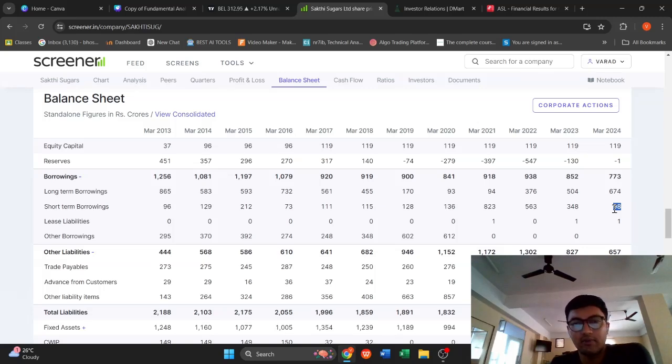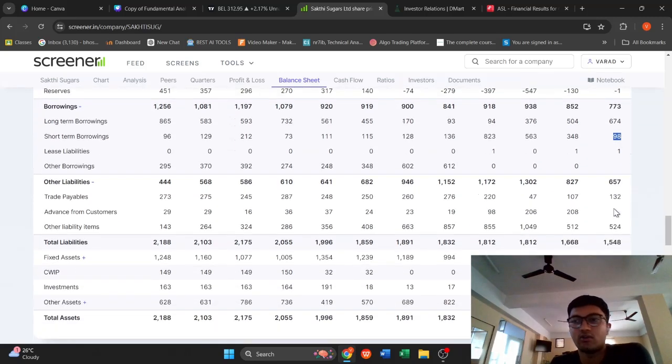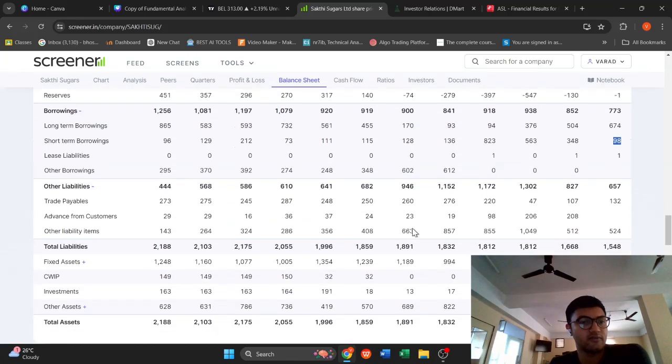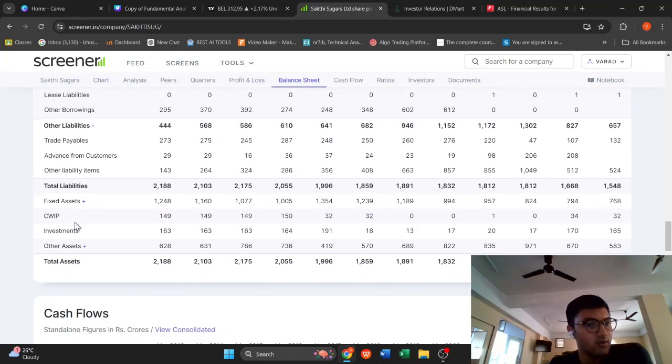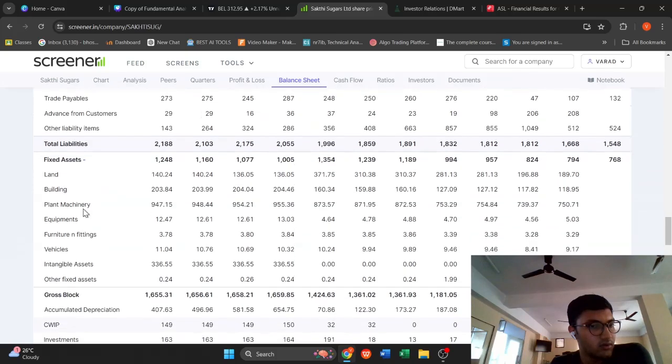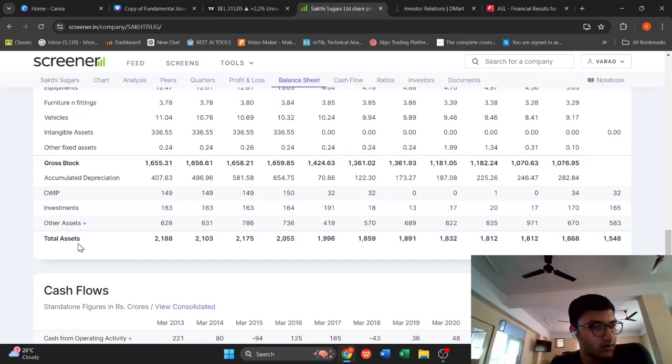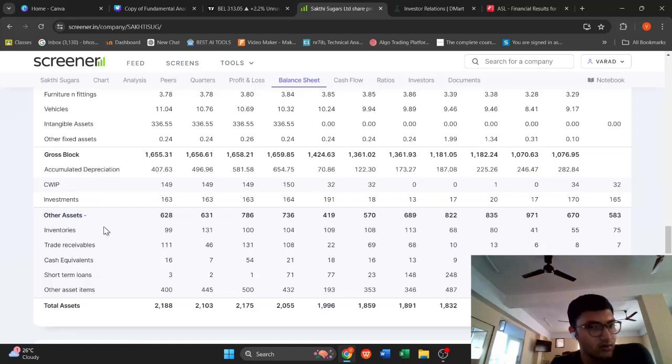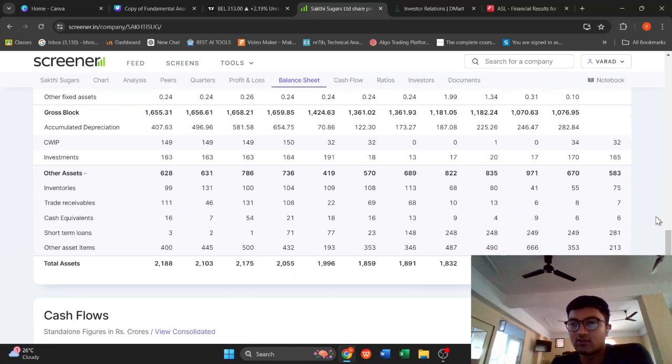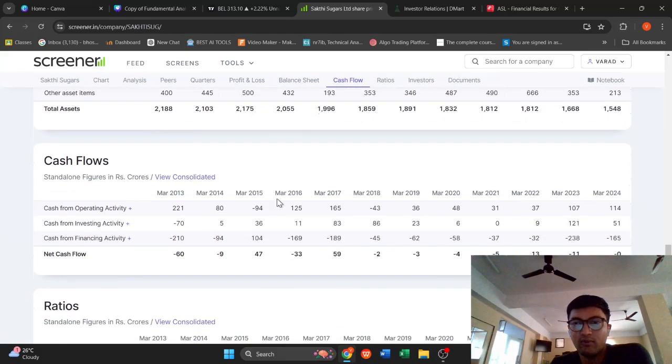Let's see the overall cash flow. They actually have less cash and cash equivalents. Let's see cash flow from operating activities. Yes, they have enough money from the operating activity itself to give away their